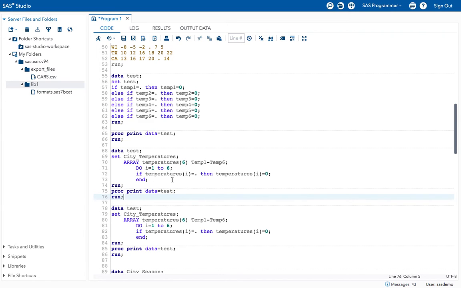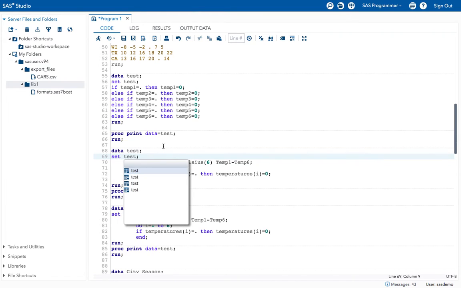So here I will change this array's name to temperatures underscore Celsius. My previous values are in Celsius, right? You can keep it like that also, but just for understanding purposes, I'm changing it to temperatures underscore Celsius.